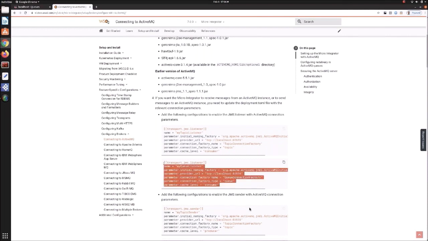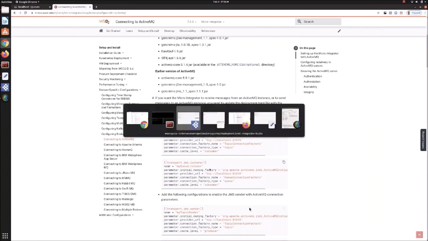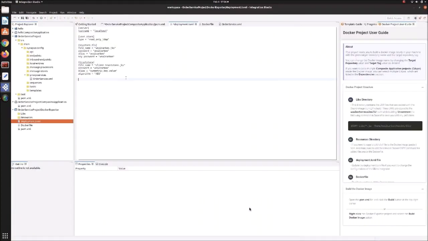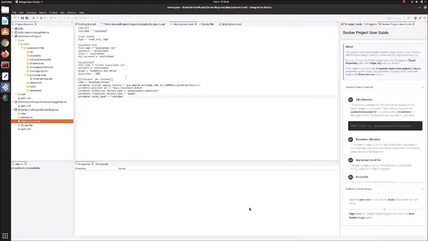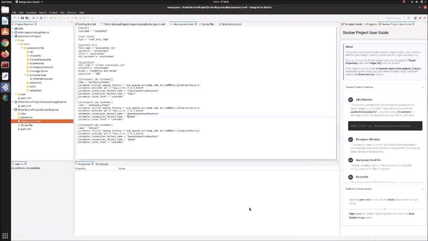You can simply copy these configurations into the deployment toml file, and change the IP address according to the container IP. Likewise, we can configure topic listener, queue listener, as well as we need to have a default JMS listener configuration in our axis2 XML.